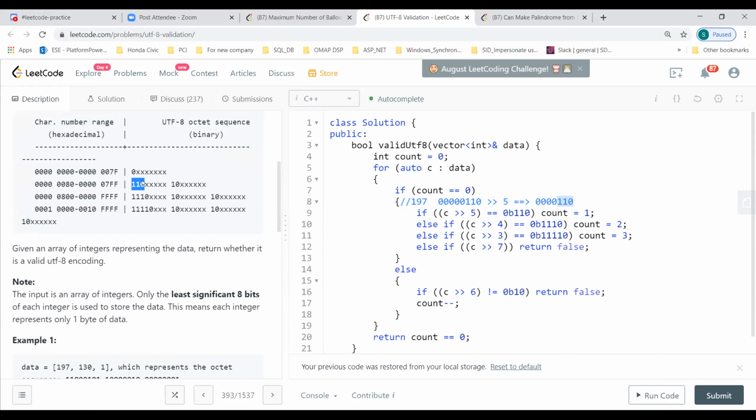It's for checking how many bytes the number has. So we're just trying to verify these initial values. It should be either this value or this value or this value, right? So we're just trying to see if we get any of them. If we get any of them, we know how many bytes we have to verify, and if we are getting more than that, we just return false.